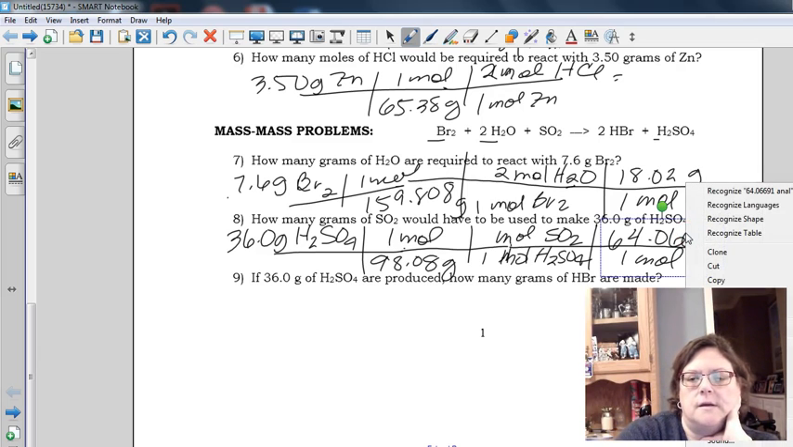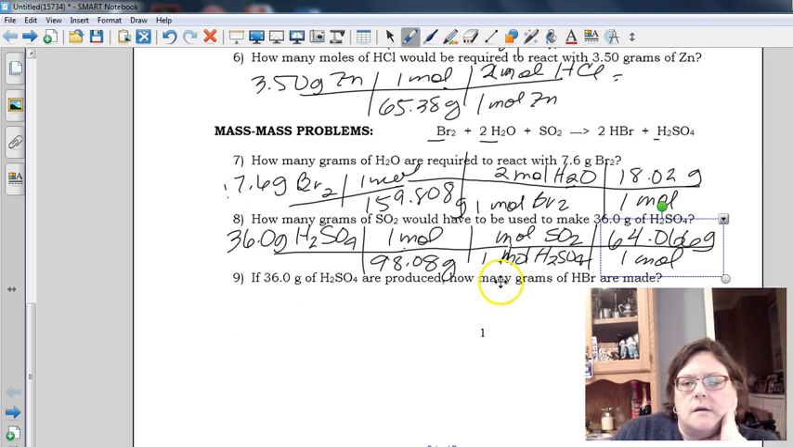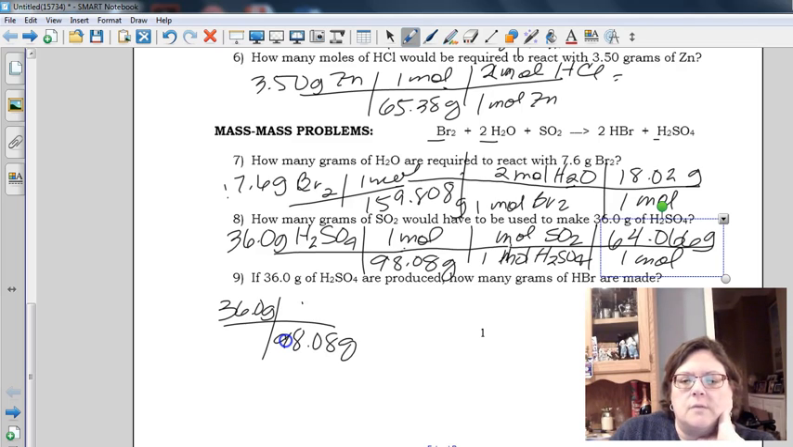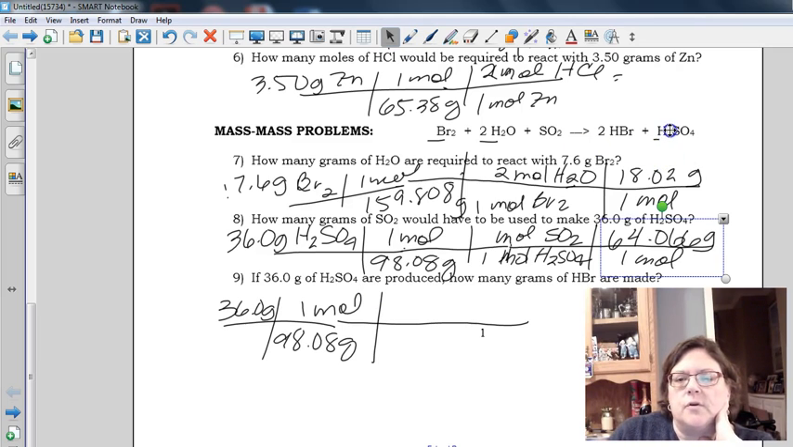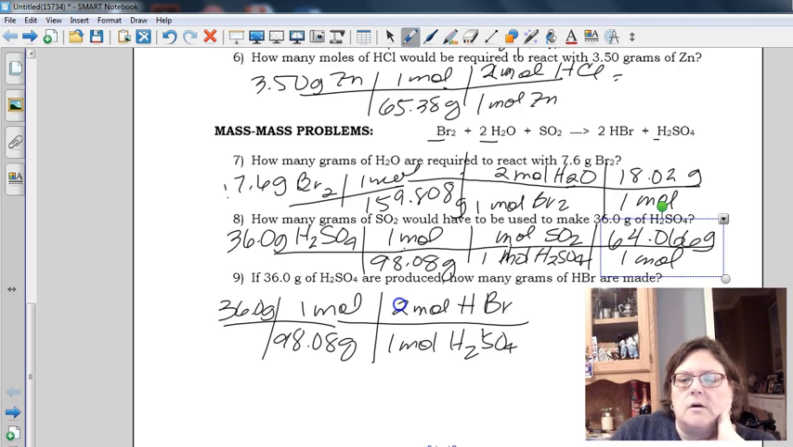All right, finally, if we're going to start with sulfuric acid, 36.0 grams, and we already know that that's 98.08 grams in 1 mole. And we want to go to hydrogen bromide. Sulfuric acid to hydrogen bromide is a 1-to-2, 1 mole H2SO4, 2 moles HBr. And then we want to change to grams of